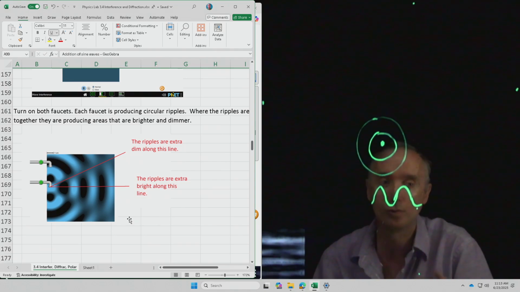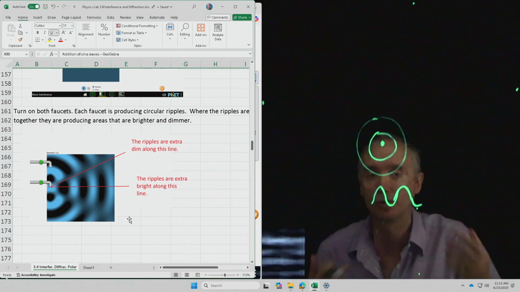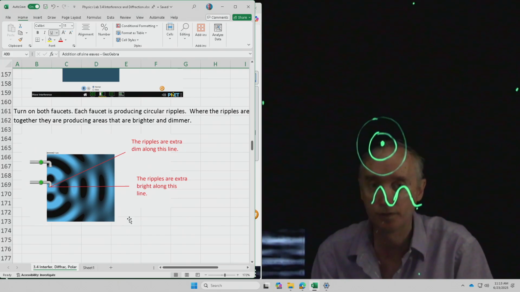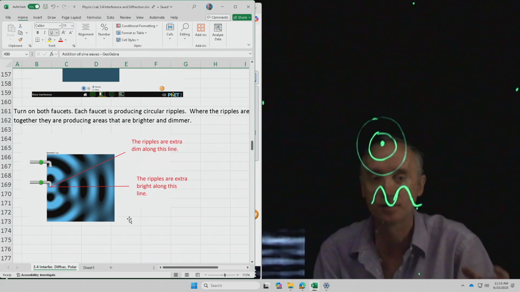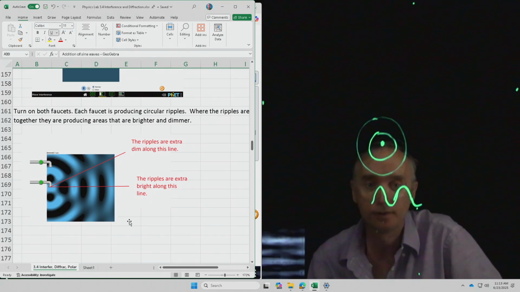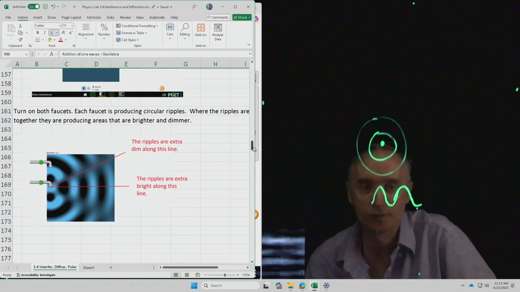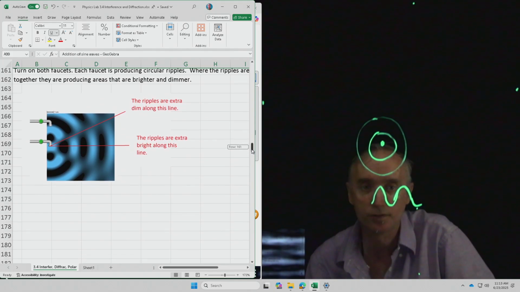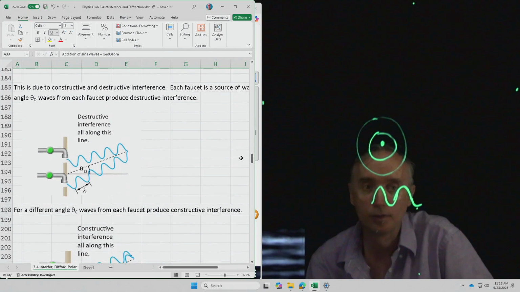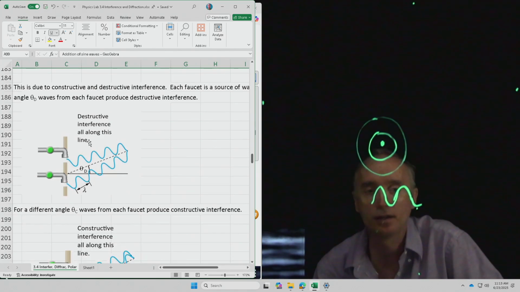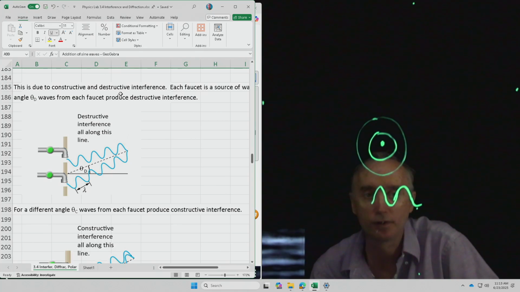Now you should know which one's which. So in the previous part, you learned what constructive and destructive interference was, and then what did that do to light? Does it make it brighter or does it make it dimmer? And so we're going to be investigating that. So this is the concept of interference from two faucets making ripples. And so I want you to take a look at this picture here for constructive and destructive interference,